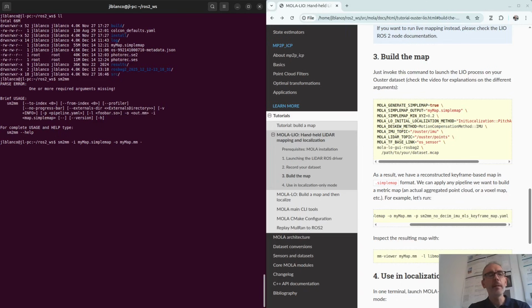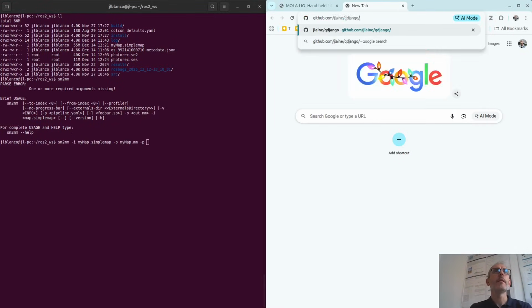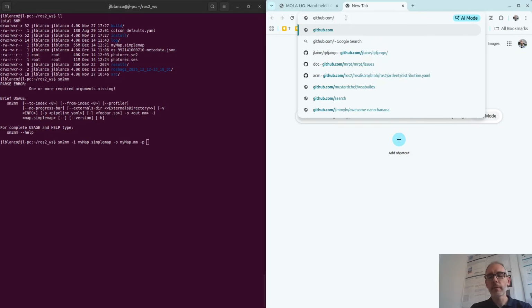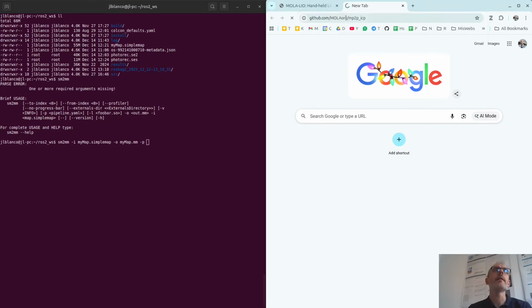But now I need to specify what to do with the raw data to convert it into a metric map. For that, I need to specify a YAML file. So, what YAML file to use? I will use one of the examples that I have in the MP2P ICP project.